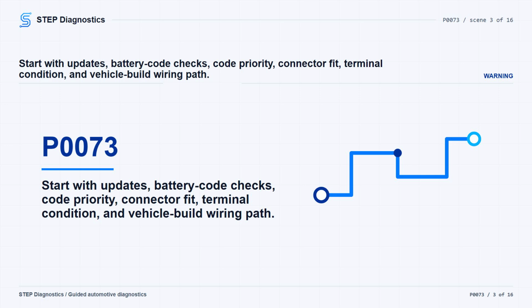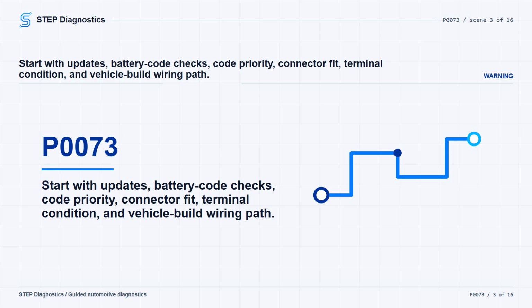Then inspect the ambient temperature sensor connector before unplugging anything. Make sure it is fully seated and locked. After that, disconnect it and look for water intrusion, pushed out terminals, damage, corrosion, burnt terminals, or spread terminals. Also make sure the wiring information matches the exact vehicle build, because the ambient temperature sensor location and module path